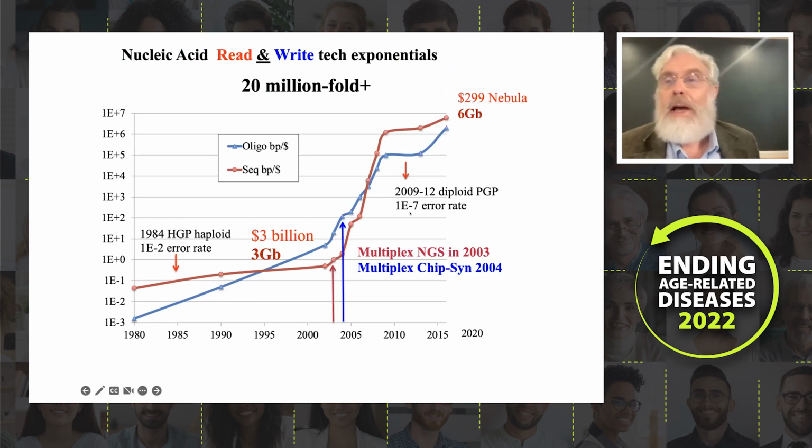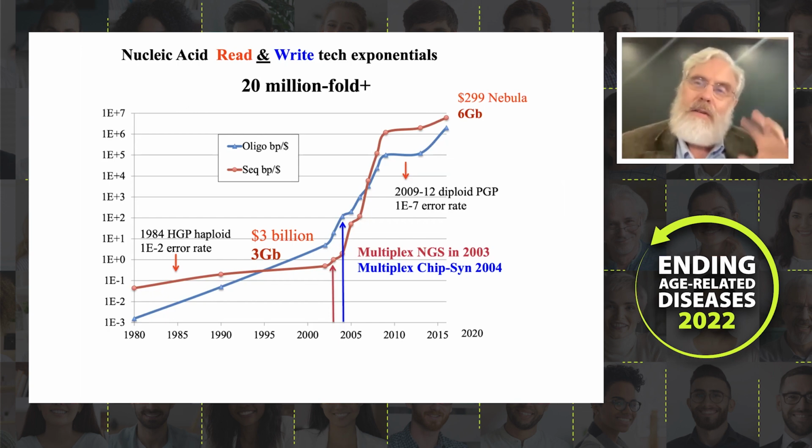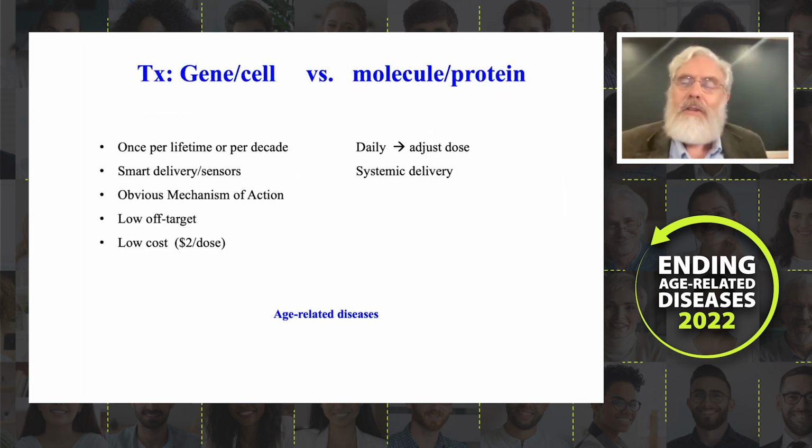So we have these exponentials for reading and writing DNA, and I'm going to make the argument that these also apply to therapeutics. Most people think of therapeutics as doing the opposite, of getting more and more expensive. Rather, this is the story of a 20 million-fold reduction in price for both reading and writing DNA due to multiplexing. Multiplexing is different from parallelization, miniaturization, and automation. It is mixing of samples that are barcoded typically. So how do the costs work? How do we change that cost structure so that it's available to everyone